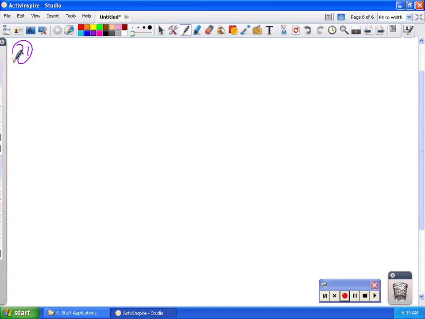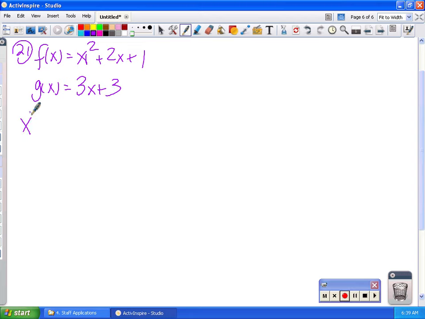21 is a parabola and a line. So I have f of x equal to x squared plus 2x plus 1. I have g of x equal to 3x plus 3. Make sure I copied that right. Yep. All right, so again, the parabola, if you didn't know how to find the vertex or graph, or if you thought it was going to be too time-consuming or labor-intensive, you could use that strategy since you only have 2 curves. But I need to figure out where they intersect, so I'm going to set f of x